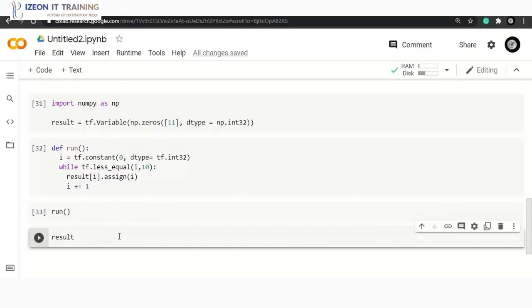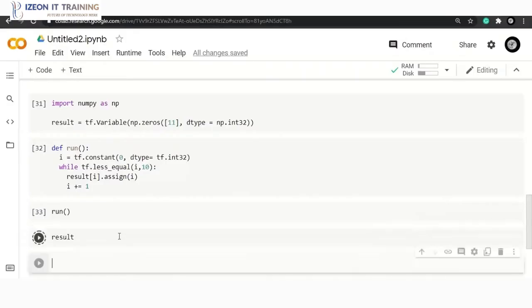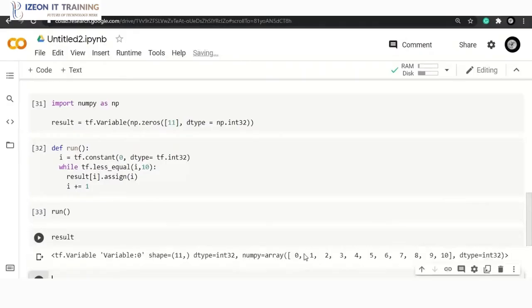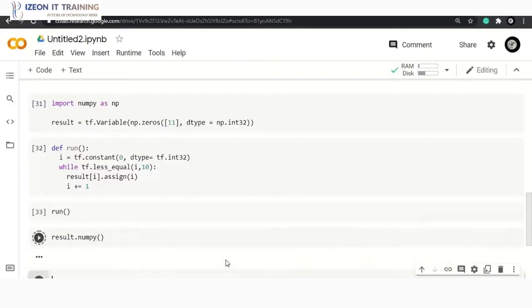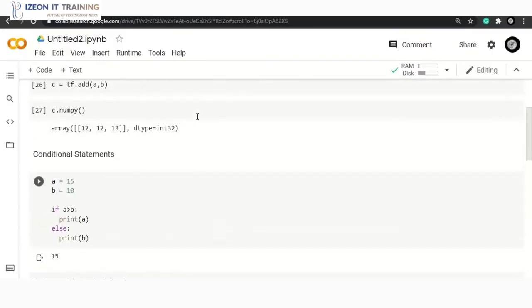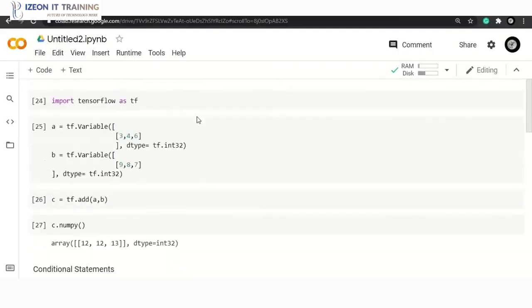If I just print out result, we will get this in the form of a TensorFlow variable. We can still see it's a numpy array. So we have it all the way from 0 to 10. But if, by any chance, you want this as a numpy array, all you can do is call numpy, and then this would give you a numpy array here. These were the very basics, or I should say the tip of the iceberg when you're dealing with TensorFlow. It's very simple. You can always refer to the documentation of TensorFlow to get a better understanding of